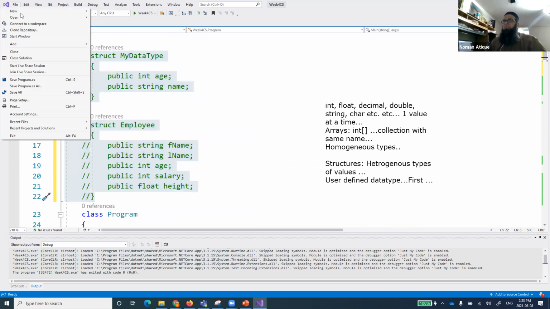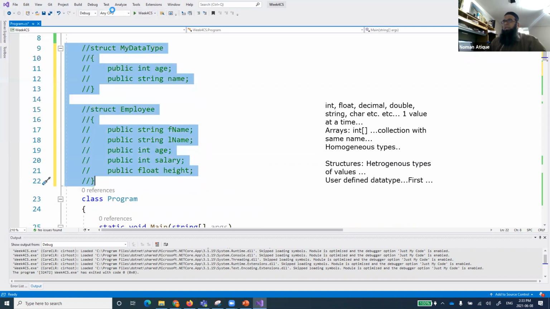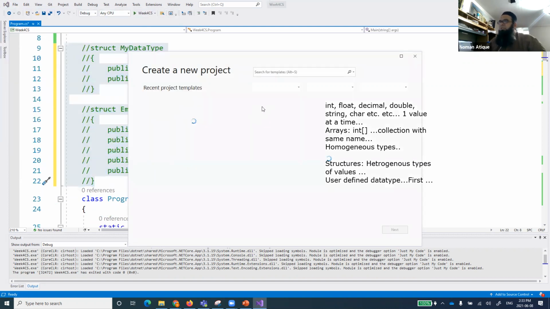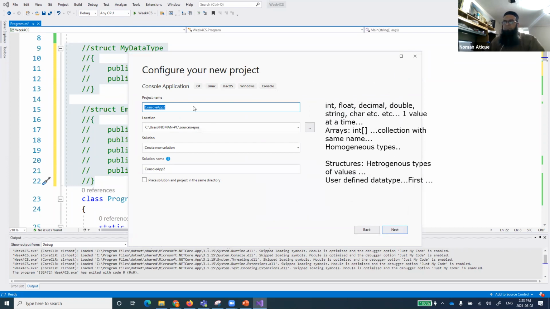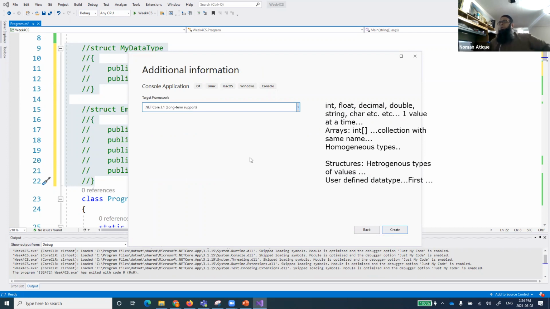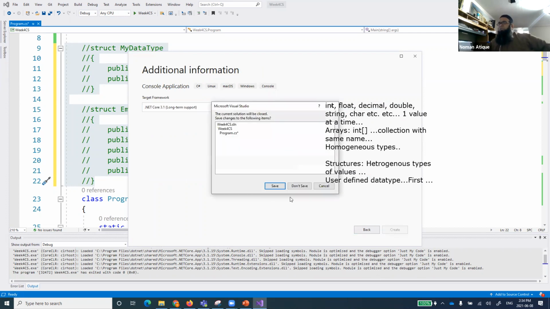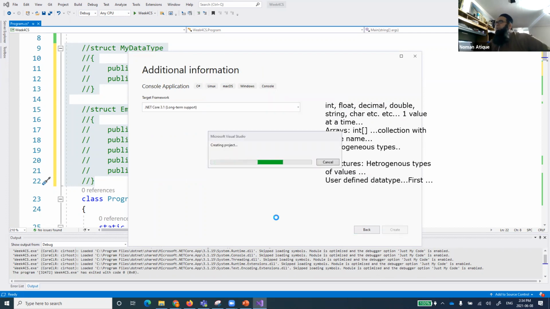So I'm just starting a week 5 project now, and we will work on that so that we have separate things for it. I'm starting a project that we will keep working on next week as well. I will reference this code there, and you will get the reference of this one. So I am starting week 5 CS, because the object-oriented concept will go longer, so I want to keep them in a separate project.